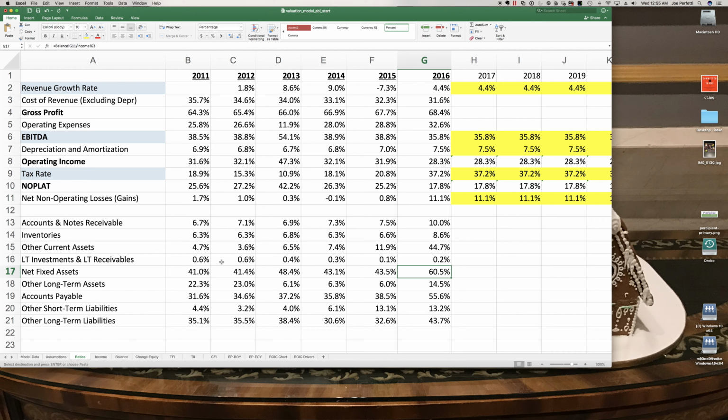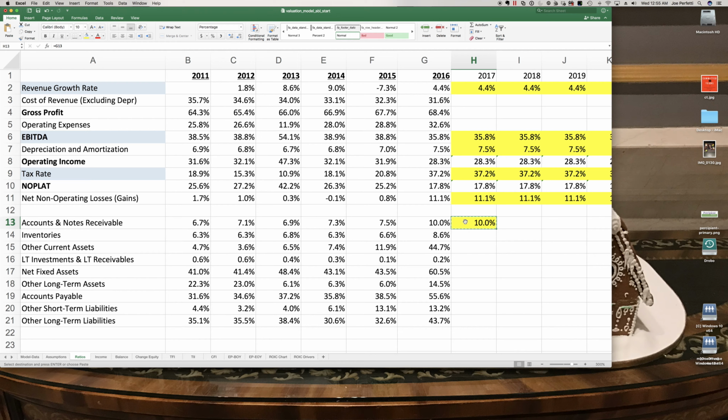Now, here's where we're going to differ slightly from the book, in that, as a best practice, you should forecast a balance sheet item based on the corresponding income statement driver. However, to simplify things, we're going to forecast all these balance sheet items as a percentage of revenue. So the book would say use inventories tied to cost of goods sold, but for simplicity, all of these ratios are a percentage of revenue. So in this case, equals the previous year. I will make this yellow,